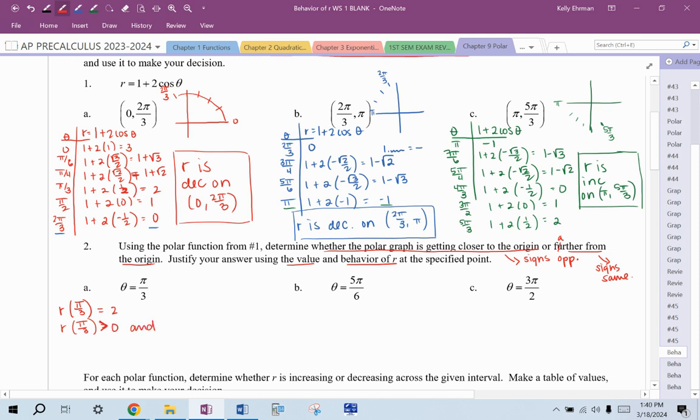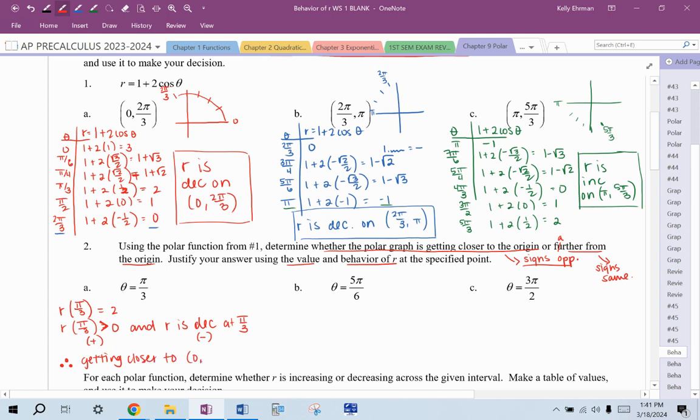And what's the behavior of r on this entire interval? So at pi over 3, we're on this interval. R is decreasing at pi over 3. So when I say that the signs are opposite or the signs match, r is positive, that sign is positive. And then decreasing, in my brain, I'm thinking a sign of negative. I'm not saying r is negative or anything. I'm just thinking about these 2 directions. So these are opposites. So therefore, these 3 little dots in math, for some reason, it's a symbol for therefore. Therefore, signs are opposite. So the curve is getting closer